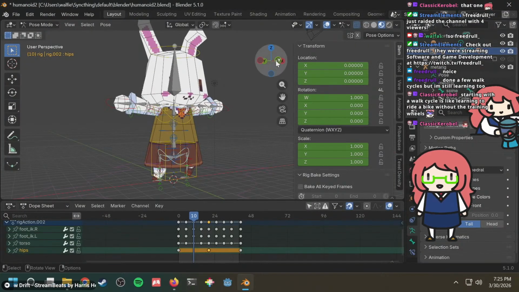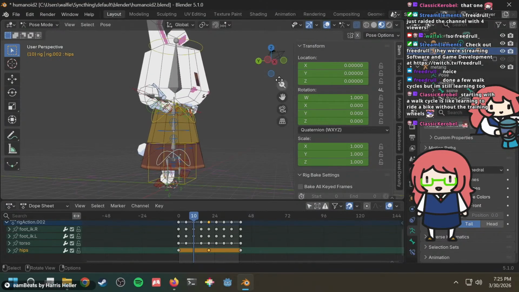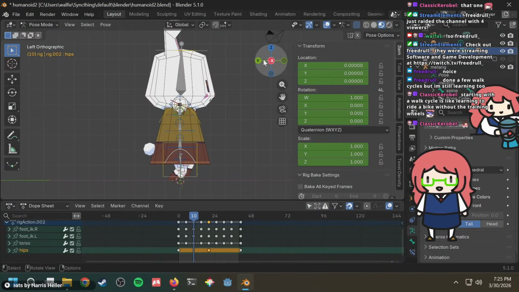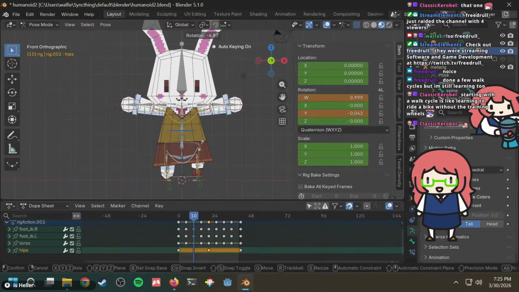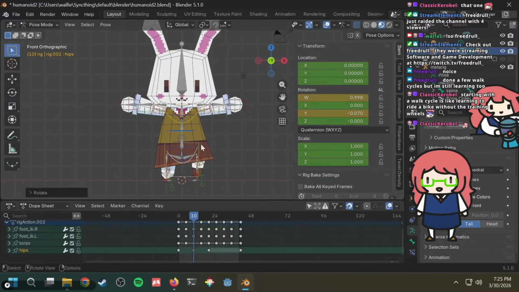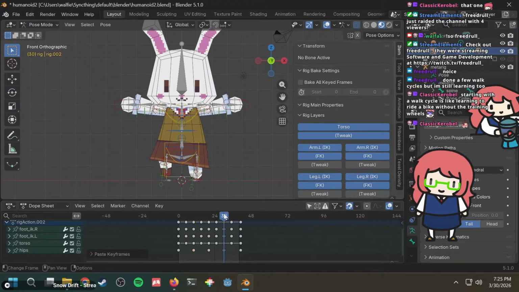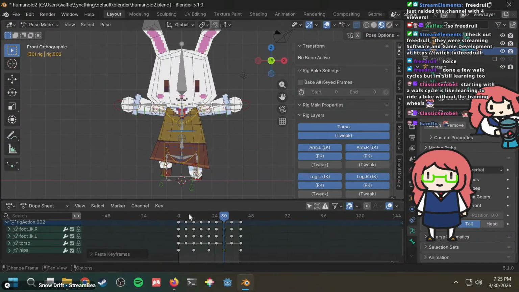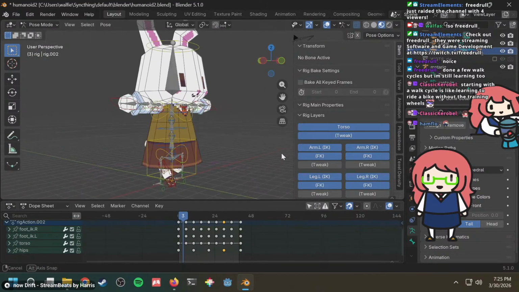Passing, we expect the one that's touching the ground to be lower down. So it would be like this, just a little bit. And then you copy this here, flipped. Alright, so what does this look like? That looks pretty good.